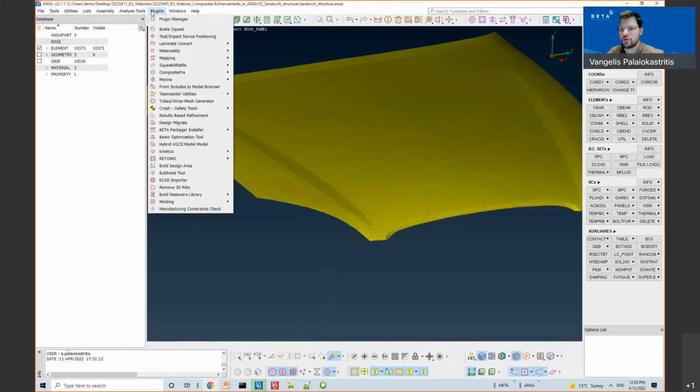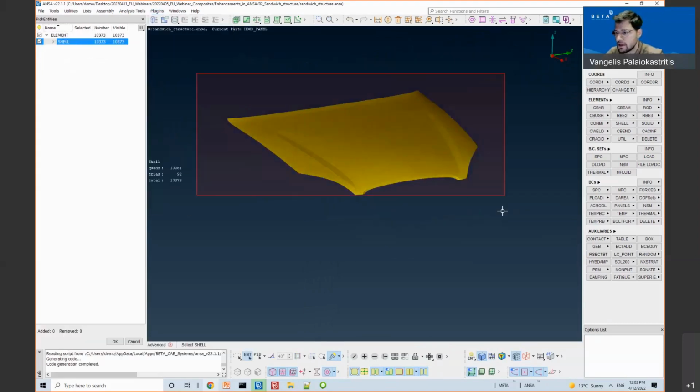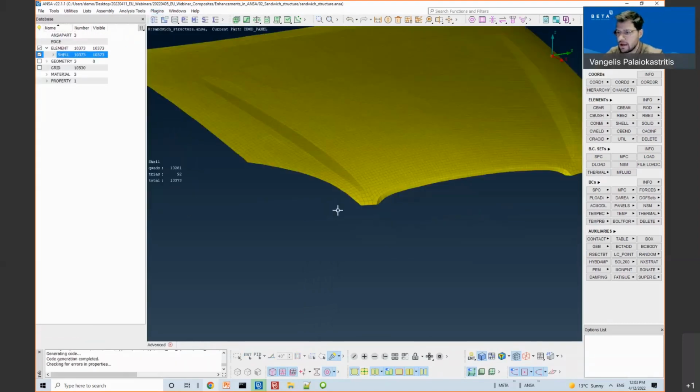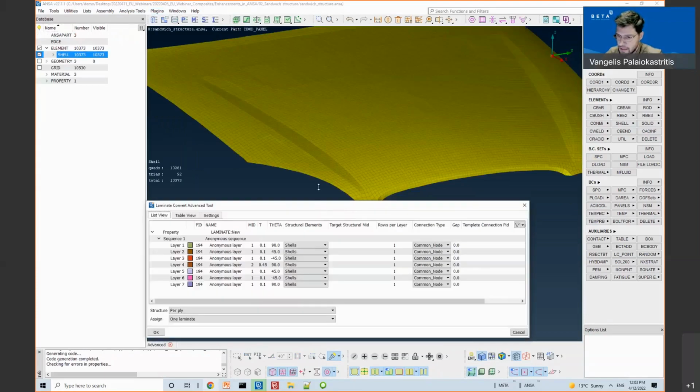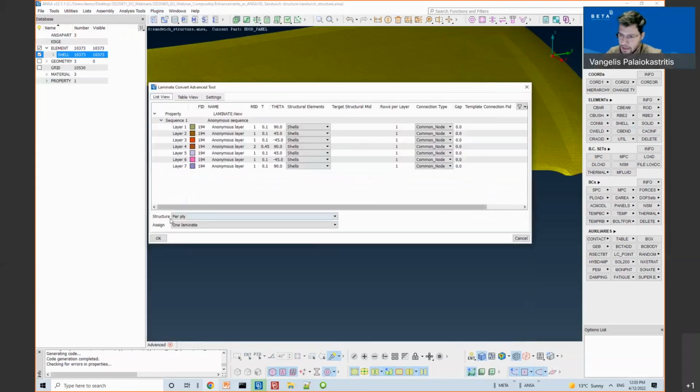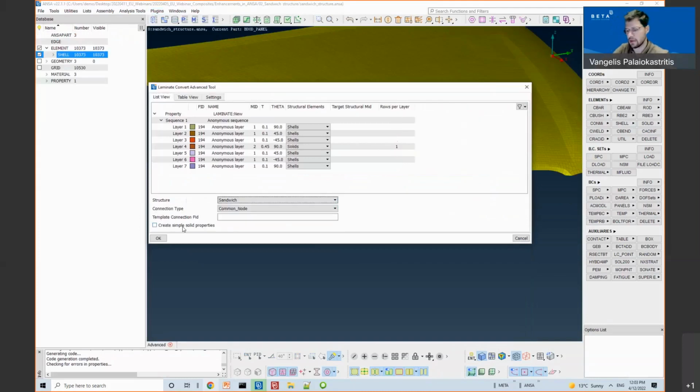So if I go to the plugins, Laminate Convert Advanced, I will select the cell elements, and I can go here to the structure and select the sandwich.